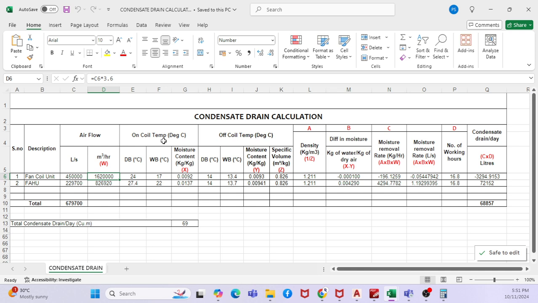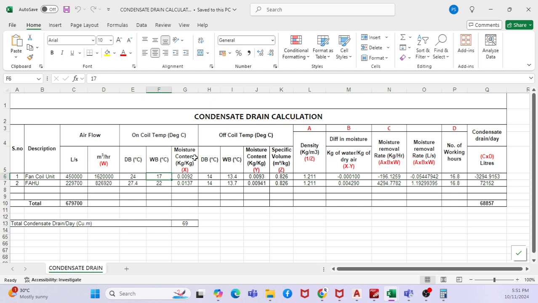Then you have the on coil temperature, say for example the dry bulb temperature and wet bulb temperature. And then you have the off coil temperature, which is also a dry bulb temperature and wet bulb temperature. This is from the FCU equipment schedule or AHU equipment schedule. Now if you go to the psychrometric chart, say for example, I have a dry bulb temperature